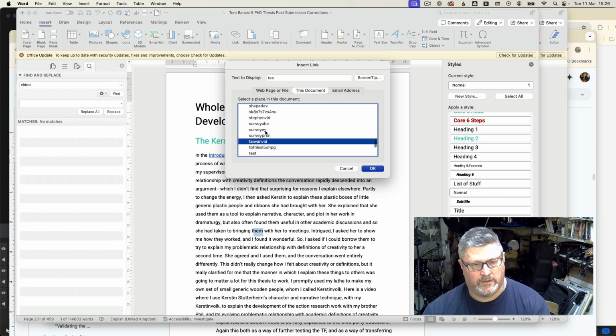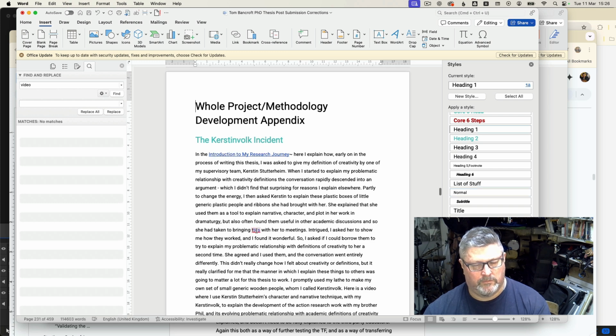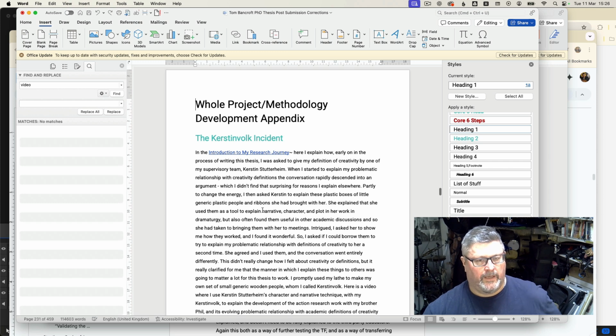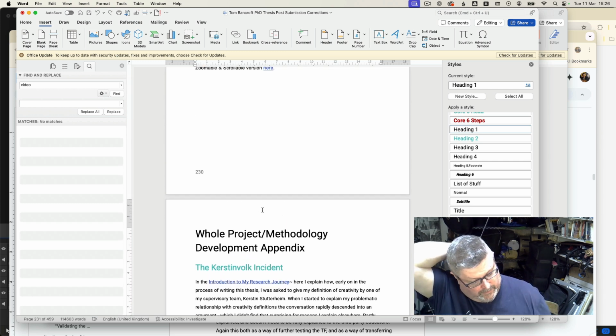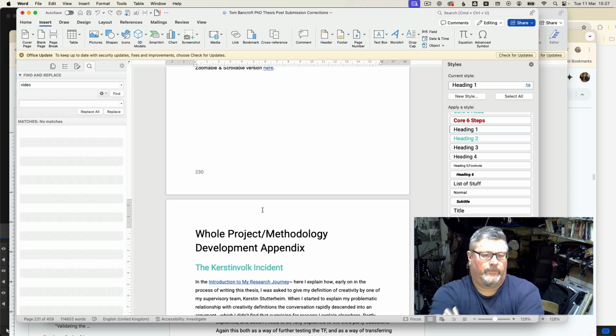Start typing test. And click test and go OK. Now I've got hyperlink, and that will jump. So yeah, if I'd known what I know now, I'd have done all the hyperlinks once in Microsoft Word. So that's the thing, it's knowing what sequence and workflow to use if you're going to